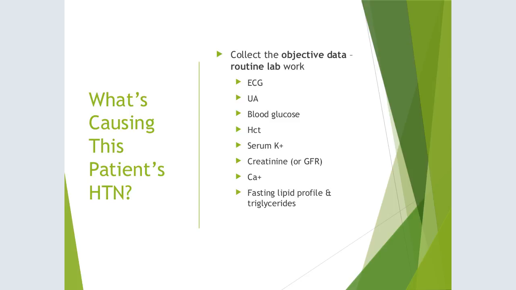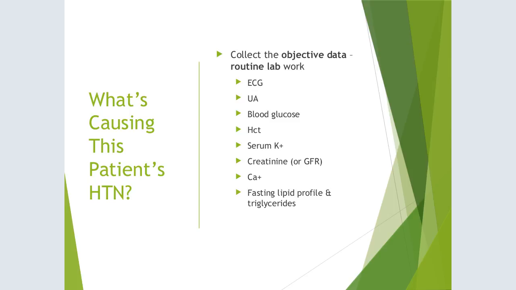Get the blood work done, okay? So you want to get the other diagnostic tools, including an EKG. Check that urine, see if they're spilling protein in their urine. Check their sugar levels to see if they have some prediabetes or diabetes going on. Check their hematocrit to see if they are anemic, which would cause some problems with hypertension as well, because they don't have enough hemoglobin, and the hemoglobin's low, so therefore they're having loss of volume, therefore they're having to pump harder, which makes their heart work harder, which makes their blood pressure higher. So you want to look for that as well.